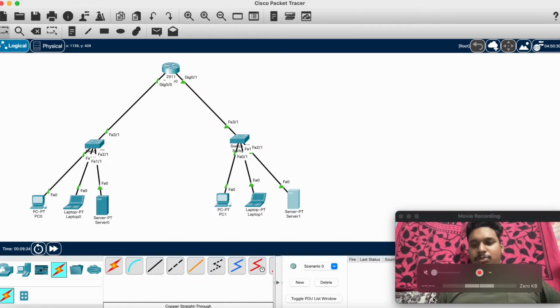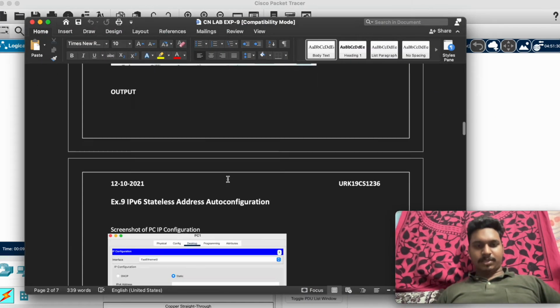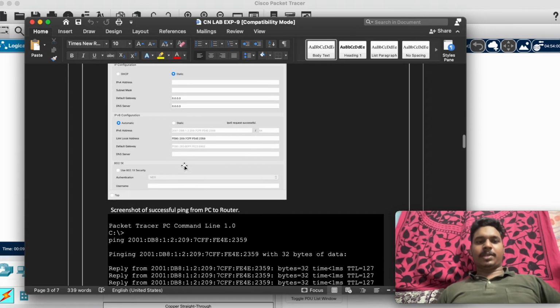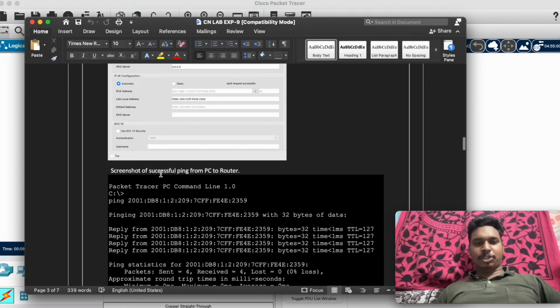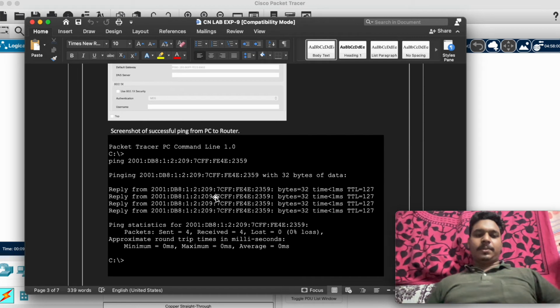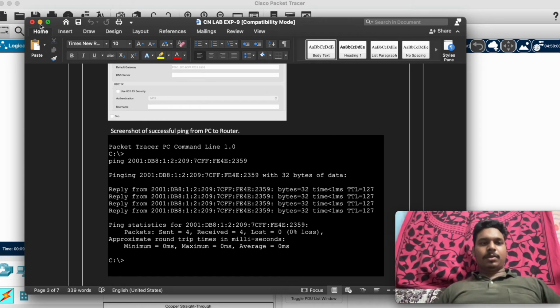Now let us go to the Word document and check what questions we got. So here we changed it to automatic. Now, screenshot of successful ping from PC to router. So now let us go to the router.